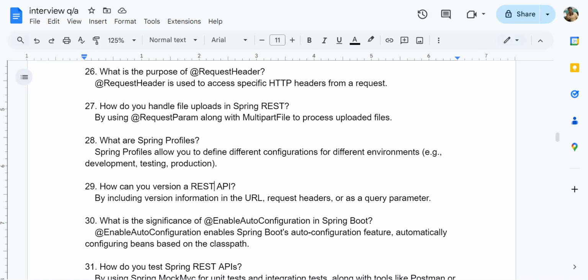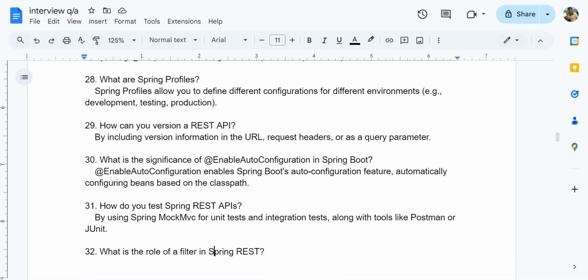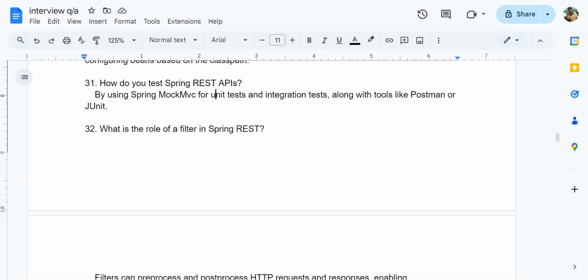What is the significance of @EnableAutoConfiguration in Spring Boot? It enables the Spring Boot auto-configuration feature, which automatically configures the beans based on the classpath. And how do you test a REST API? By using Spring MockMvc for unit tests and integration tests, along with tools like Postman